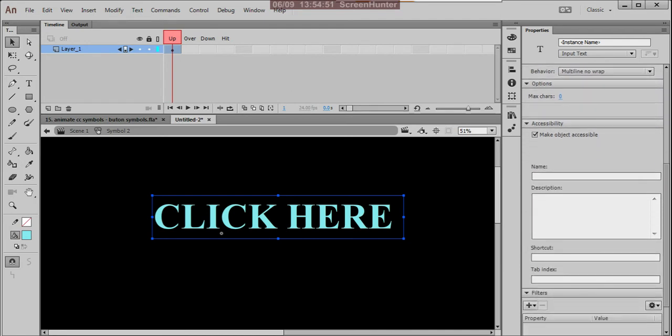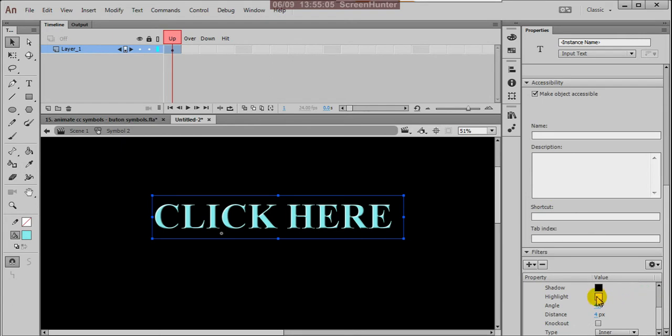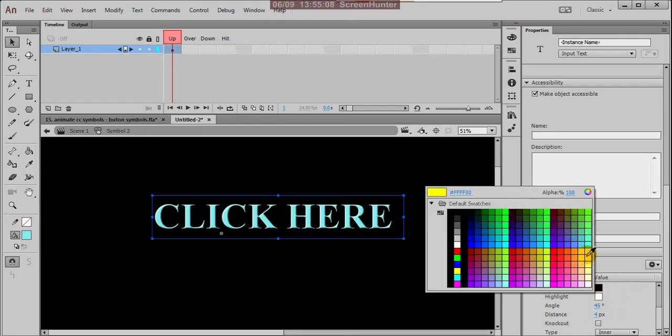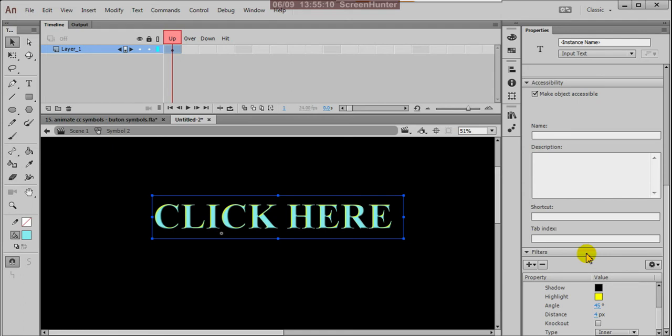There you can use filters. I'll remove normal, gradient, glow, and keep bevel. So I use this bevel effect and create something like yellow.